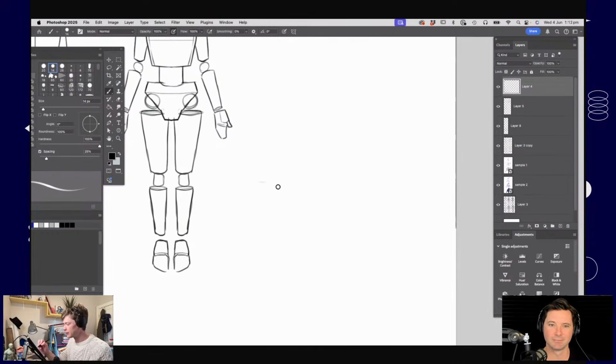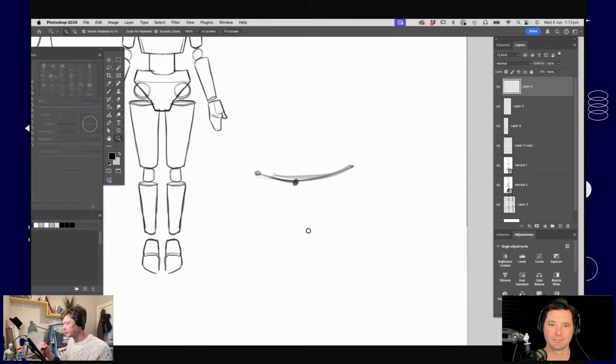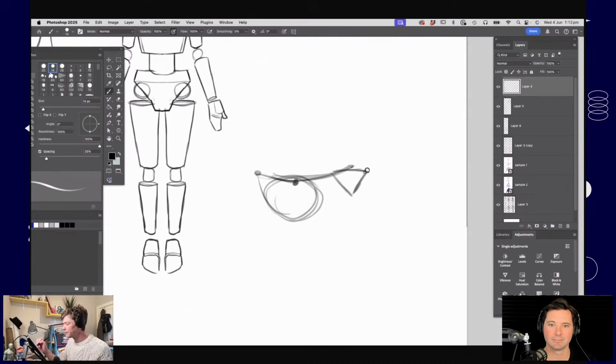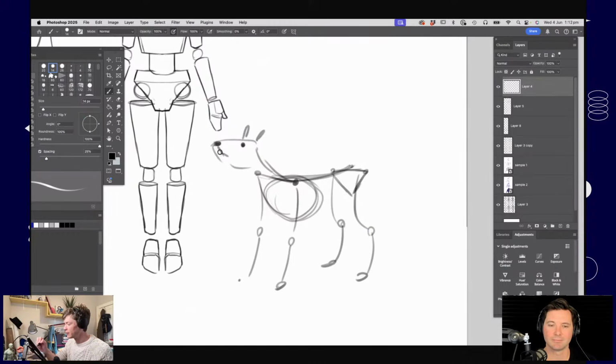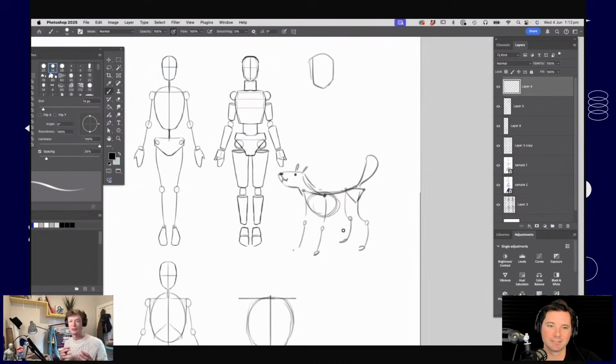So say I was drawing a dog, I do the same thing of starting with a line for the shoulders. The line for the spine might be horizontal, obviously, but I'd put in a similar circle for the rib cage. Pelvis is also still a triangle shape at the back. And then I could start putting in my front legs and my back legs. So very, very similar. And the spine would join up to the head there. We'll put some ears on, make it a cute little dog. Anyway, we could get lost in that. But yes, very similar premise of drawing from the inside out.